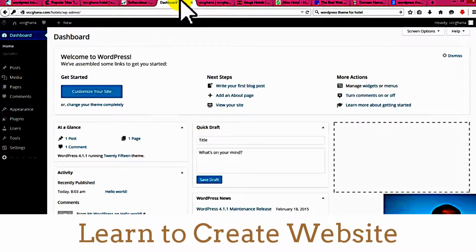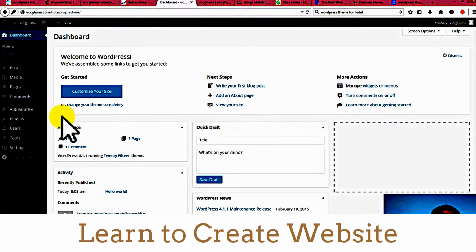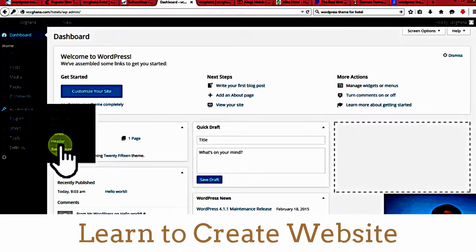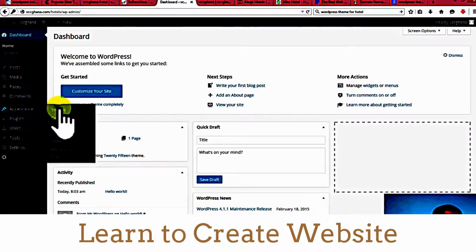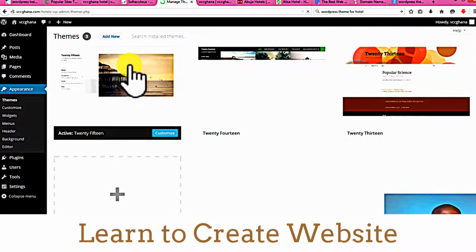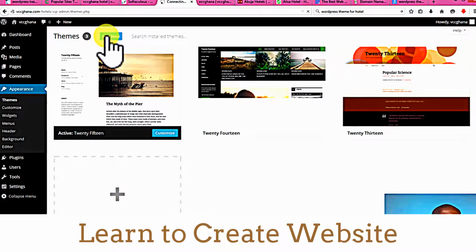Okay, so I'll go back to our dashboard. This is called your dashboard. So the first thing I'll do here is to click on appearance. Then I'll click on themes. Then I'll click here, add new themes,